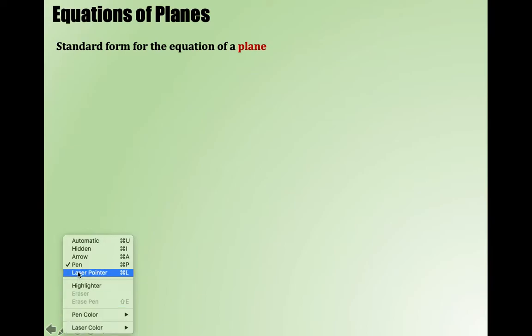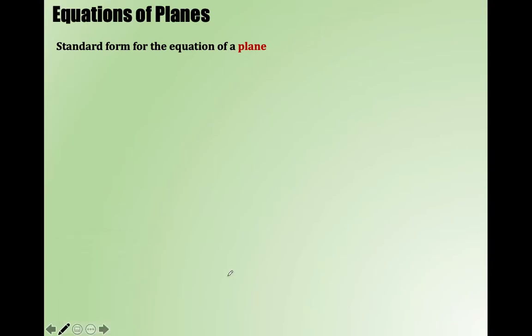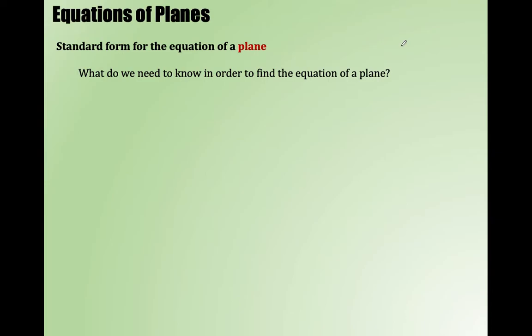So, the standard form for the equation of a plane. Well, first we have to figure out, what do we need? What do I need to know in order to find the equation of a plane? Think about a line, just think about 2D space, Algebra 1. You needed 2 points or you needed a point and a slope. In 2 dimensions, if I gave you a point x, y, and I told you the slope, the change in y was 2 to every change in x of 1,